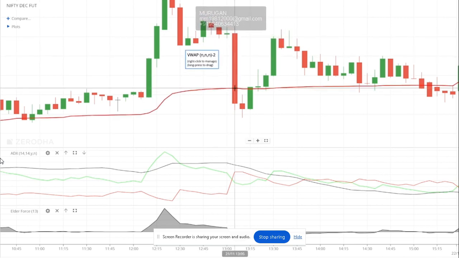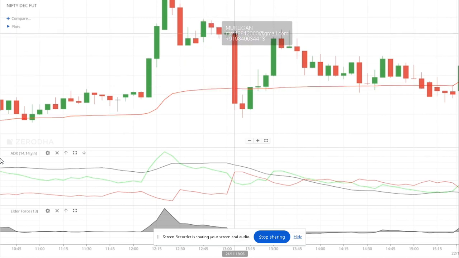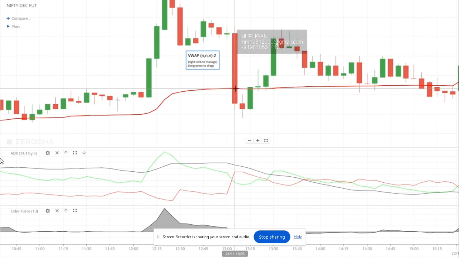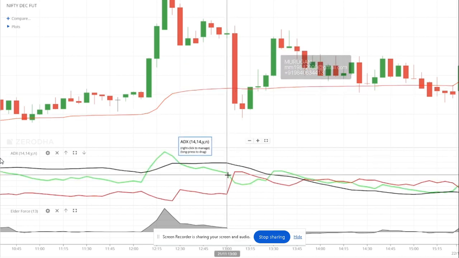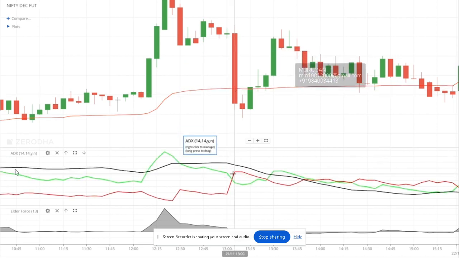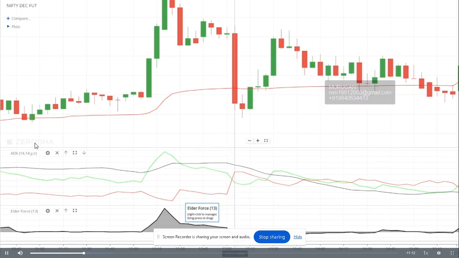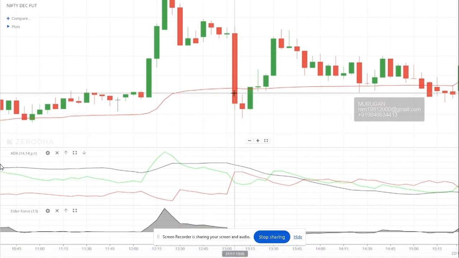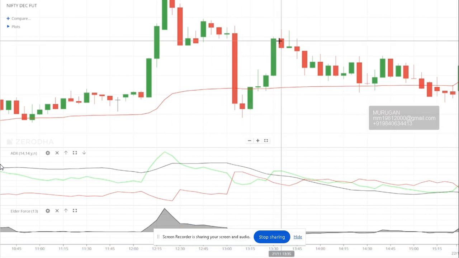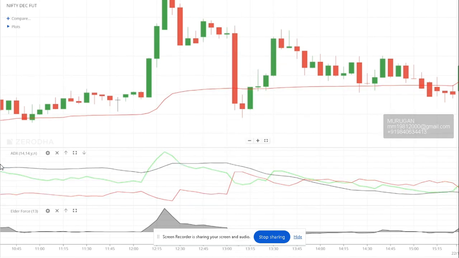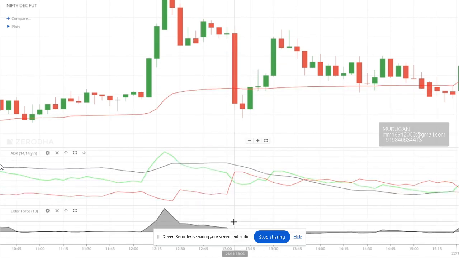Now look here. So at this point of time, market is falling so much. And now market has gone below VWAP. That is number one. And red line is above the green line, again bearish. And this is also spiking down. All of them are showing a bearishness. But if you have bought put option, what would have happened? Market reversed.